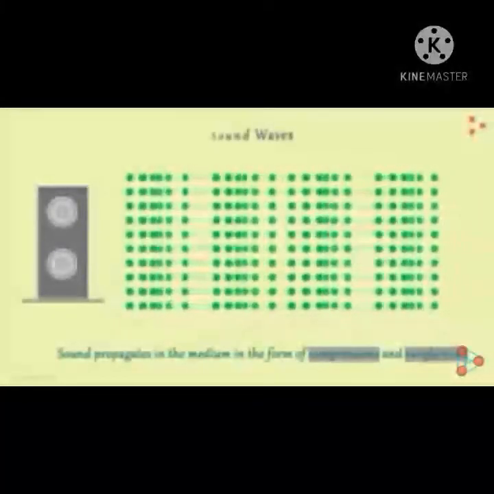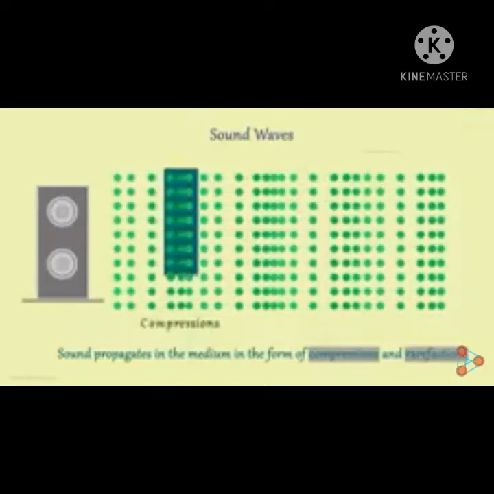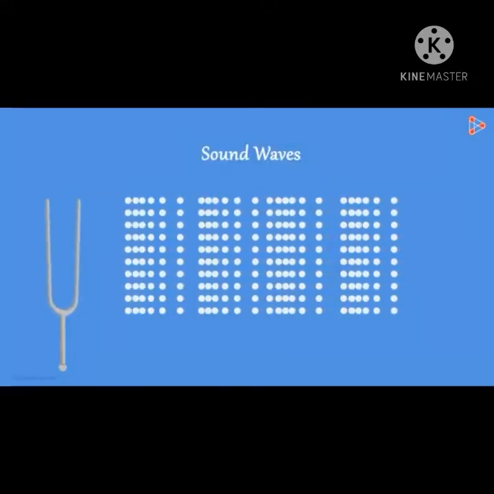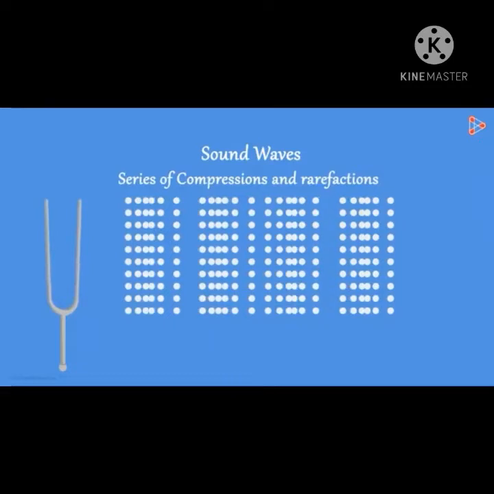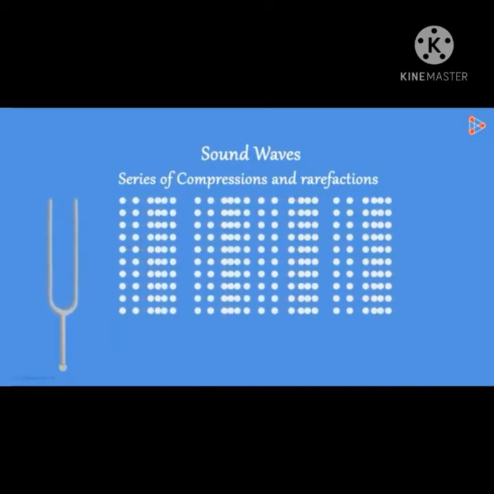This picture shows you the actual vibrations in the air, density of air and pressure. If any object vibrates in the air, such sound waves are produced in the air. One compression and one rarefaction together forms one cycle of the wave. The number of cycles formed in the air in 1 second will be decided by the number of times the prongs of tuning fork vibrates back and forth.